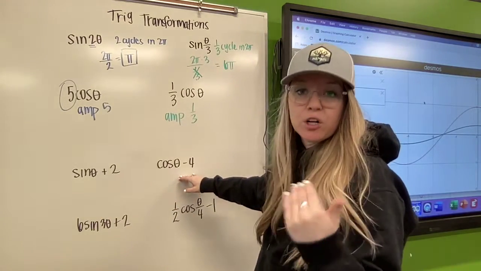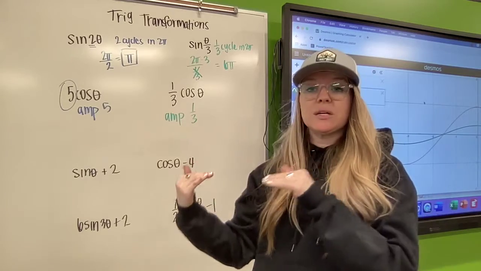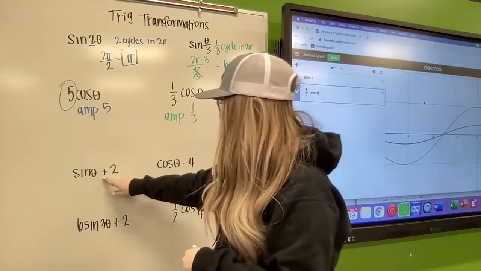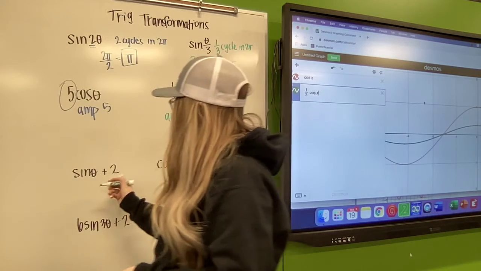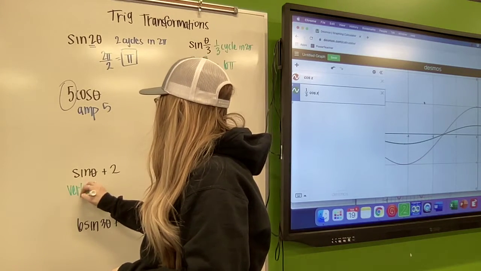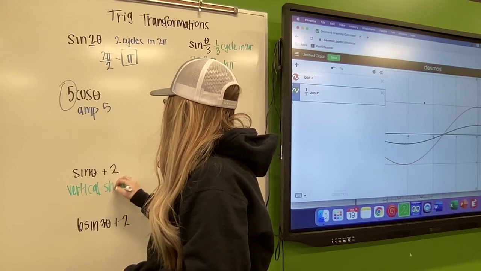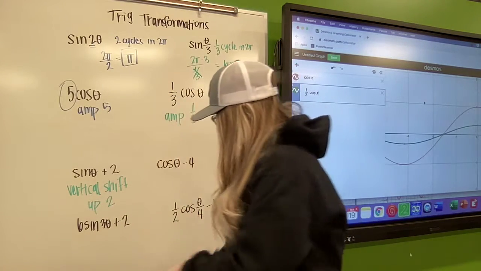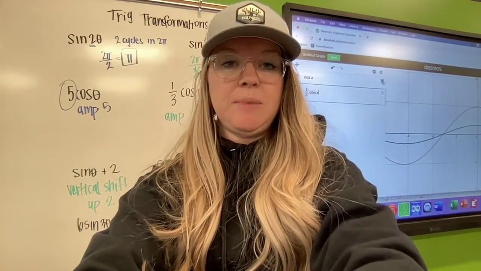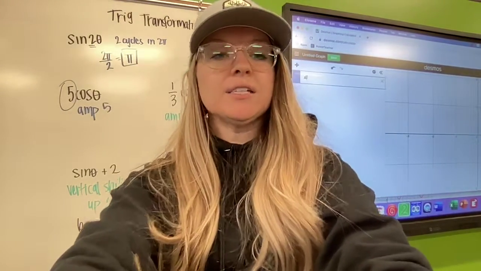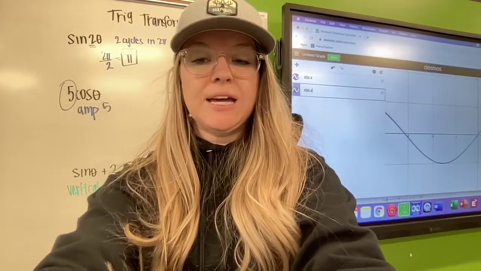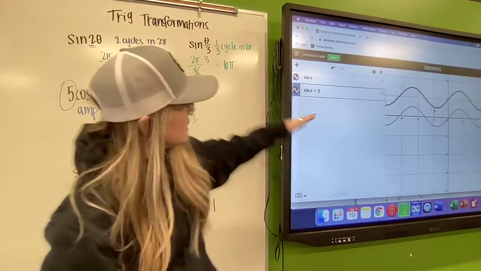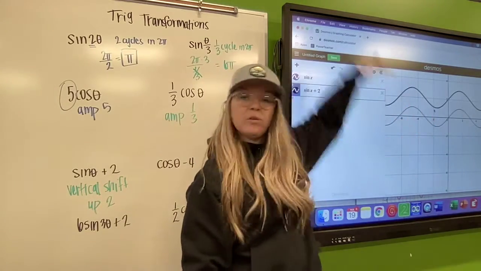Okay, we've got a couple more here. This is where we see a vertical shift. All we're going to do is take our actual graph and move it up or down so many units. So we're going to see a vertical shift, and we're going to go up 2 units. I'm just going to type this back in here. We have our sine of x, and now I have sine of x plus 2. If I zoom out, we can see that we've just taken that sine wave and moved it up